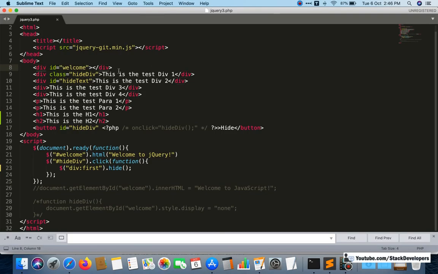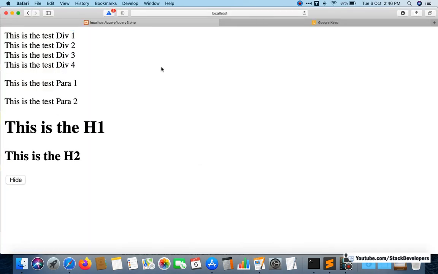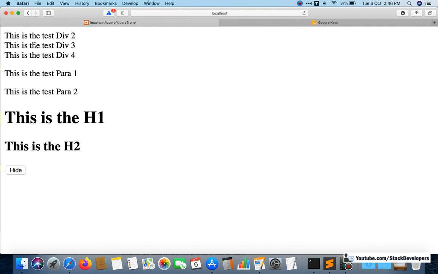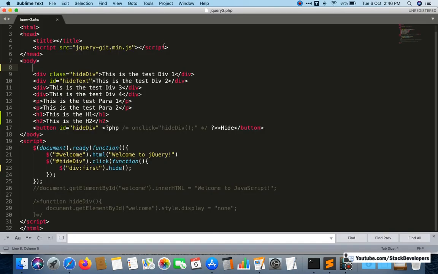If this is not the first div, suppose I remove this div completely, now this is the first div, and in this case this will hide. See, test div 1 is gone when we click on the hide button. So now I think it is very clear what first means.